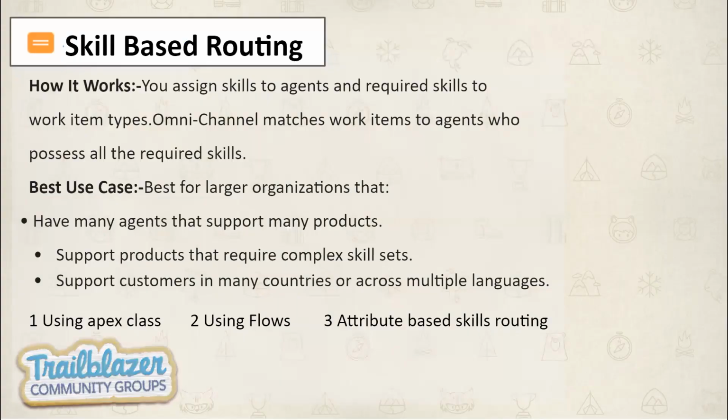I already told you about queue based routing. Queue based routing mainly works if your company or organization has one or two products, and they don't have multiple products or a product bundle. So queue based routing works over there. But if your company has a complex structure, dealing in various products, as a vertical or as a horizontal as well, so they have very vast product categories and product bundles, you cannot use queue based routing, because then you have to create multiple queues over there.